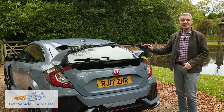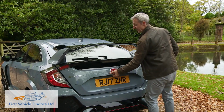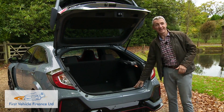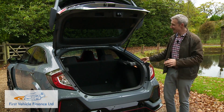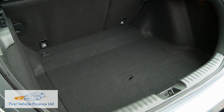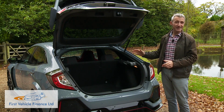So let's finish by inspecting the boot, where first impressions are good. The tailgate is light to lift and it opens to reveal a large aperture that's complemented by a usefully low sill height. Now, we had expected that this FK8 design's slightly larger size and longer wheelbase would have delivered a bigger cargo area. As it is, the 420 litre capacity when loaded up to the window line is actually 57 litres less